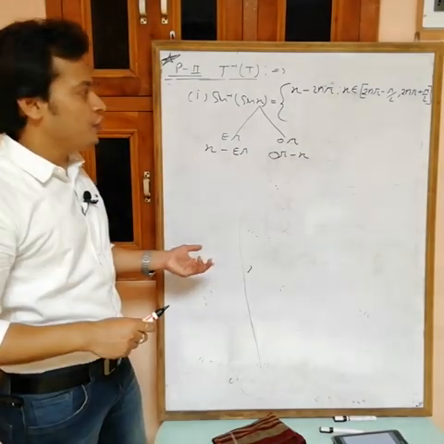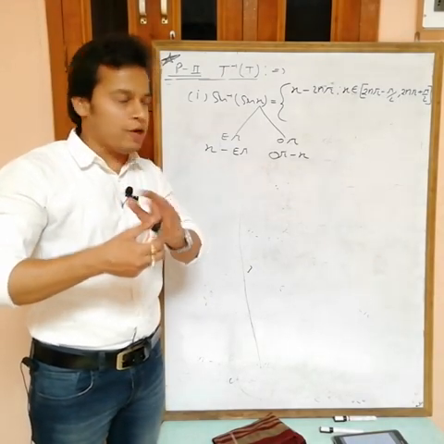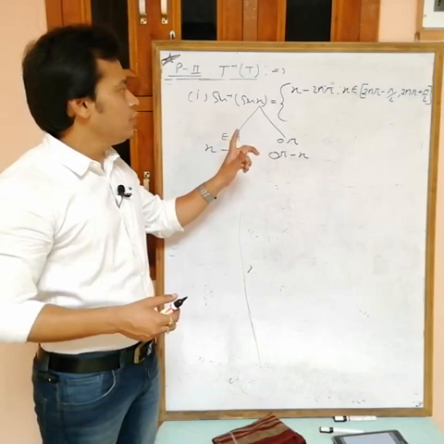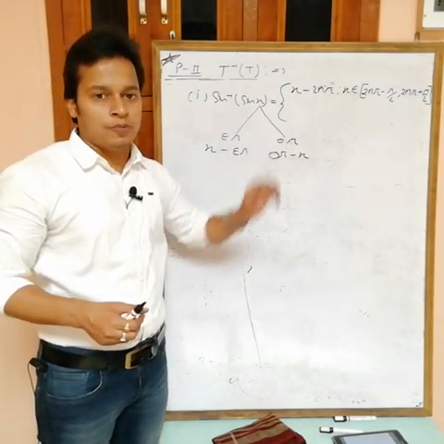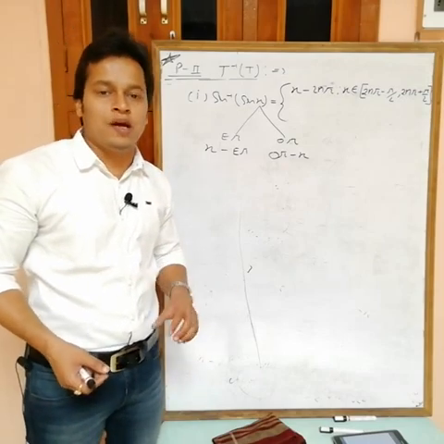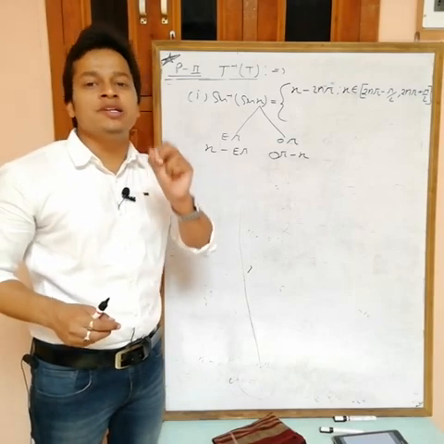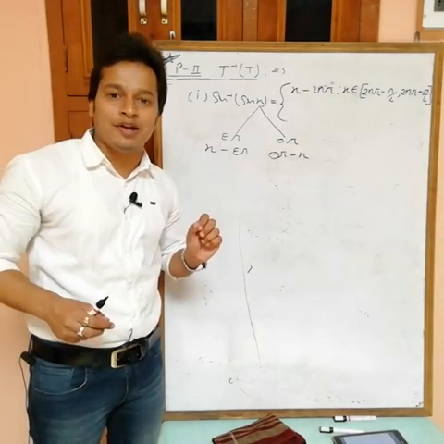If x is near to 4 pi, it means in the interval 4 pi minus pi by 2 to 4 pi plus pi by 2. So if x is near to 4 pi, then the answer is x minus 4 pi. If x is near to 2 pi, 2 pi is also even, then the answer is x minus 2 pi. If x is near to 6 pi, then the answer is x minus 6 pi. If x is near to 10 pi, then the answer is x minus 10 pi.